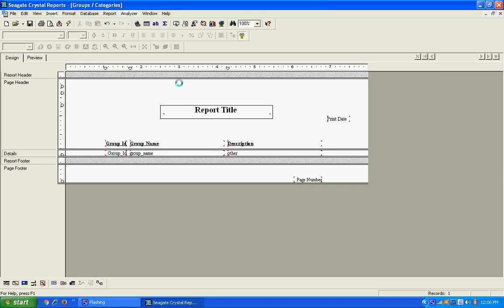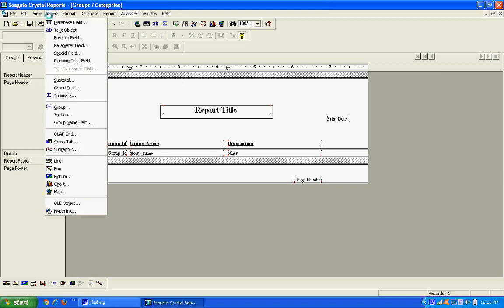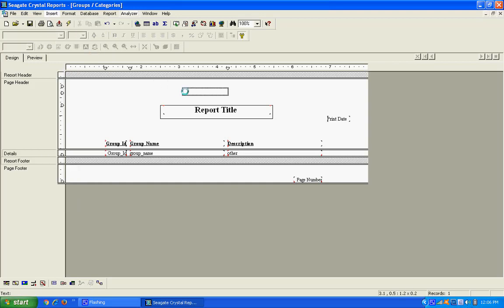Go to insert text here, press the insert button and text object, and click here or add a system. The text object is added successfully. I write some text for the heading of this.